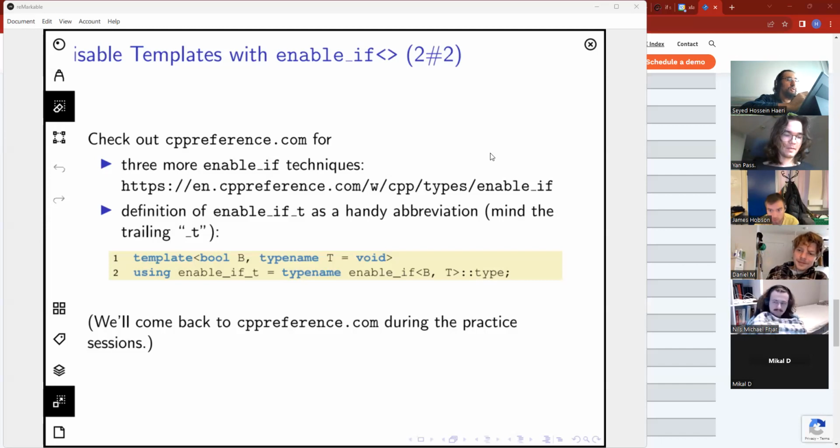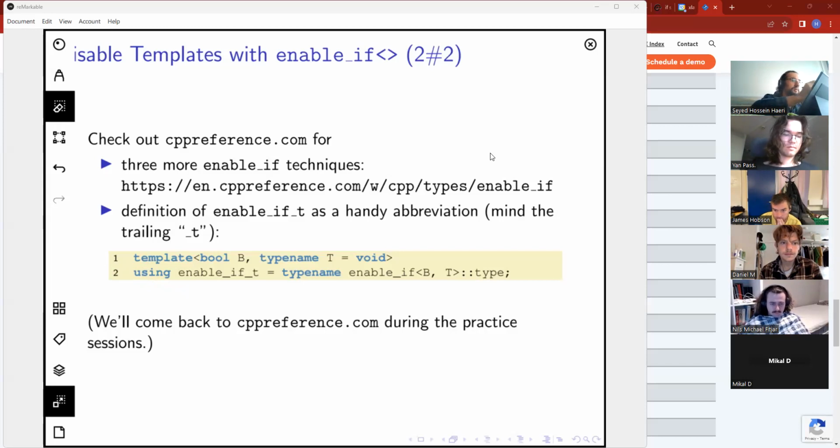So let's see. There is an alias, what is called the template alias. I think I taught you that in the previous session. It is defined like this.